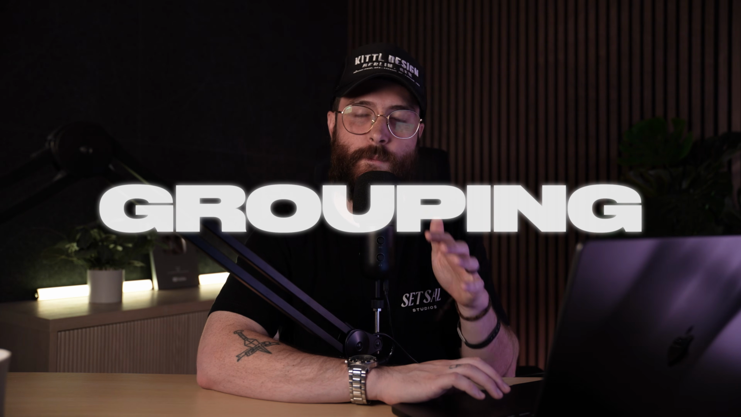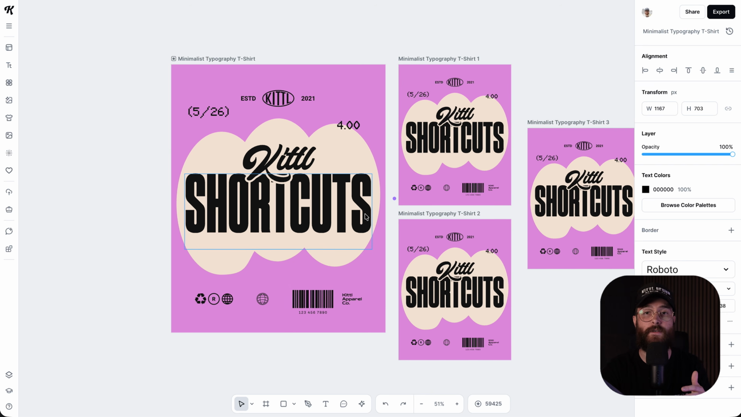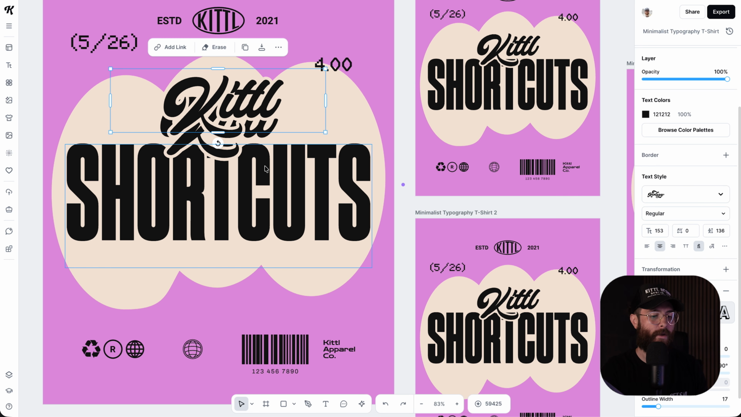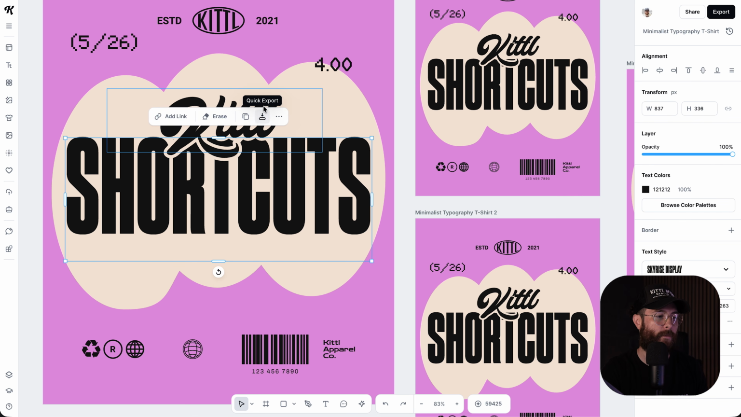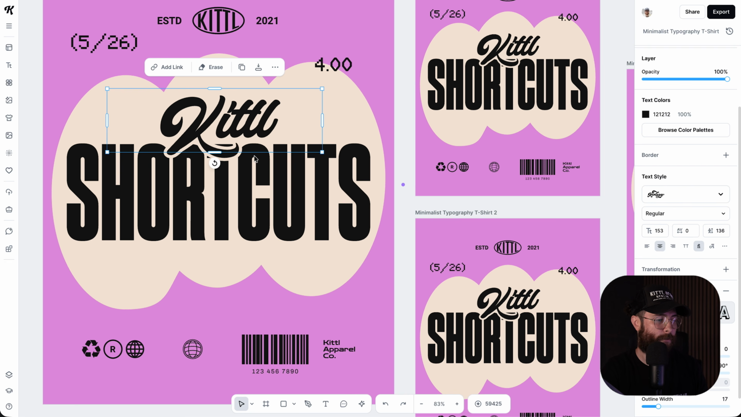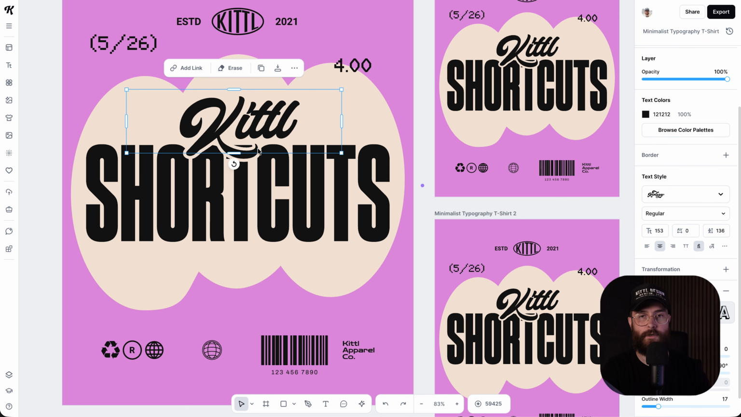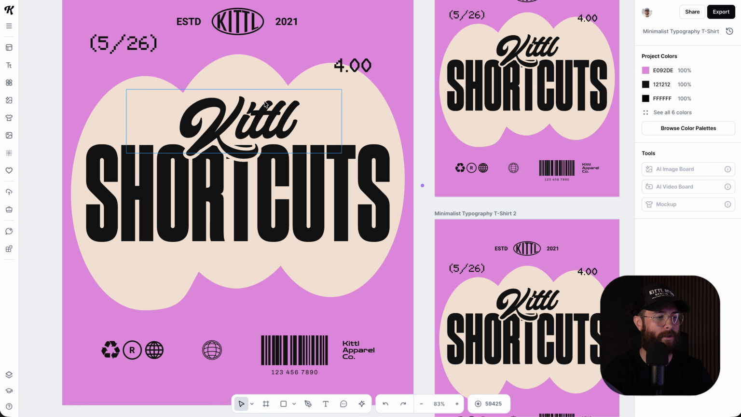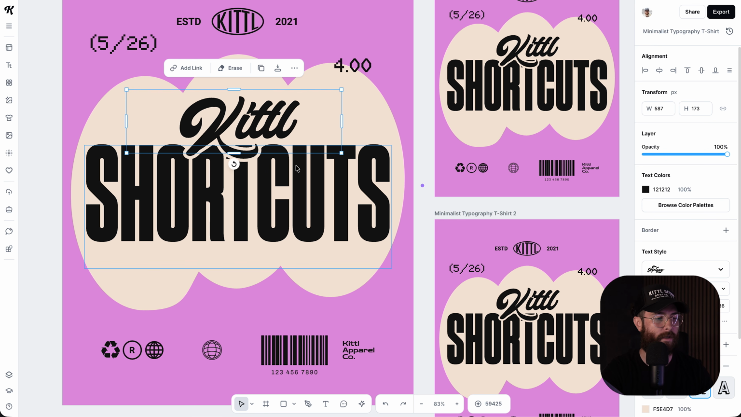All right, let's talk about grouping things together, because oftentimes I will see many Kittl users clicking one thing, dragging it up, and then clicking another thing, dragging it up one at a time, which is a pretty cumbersome way to do it. Now, if you want to group things together, you can hold the Shift key to select multiple objects. For example, I want both of these two things selected. So if I don't have anything selected, I'm going to select this Kittl text, hold down the Shift key, and